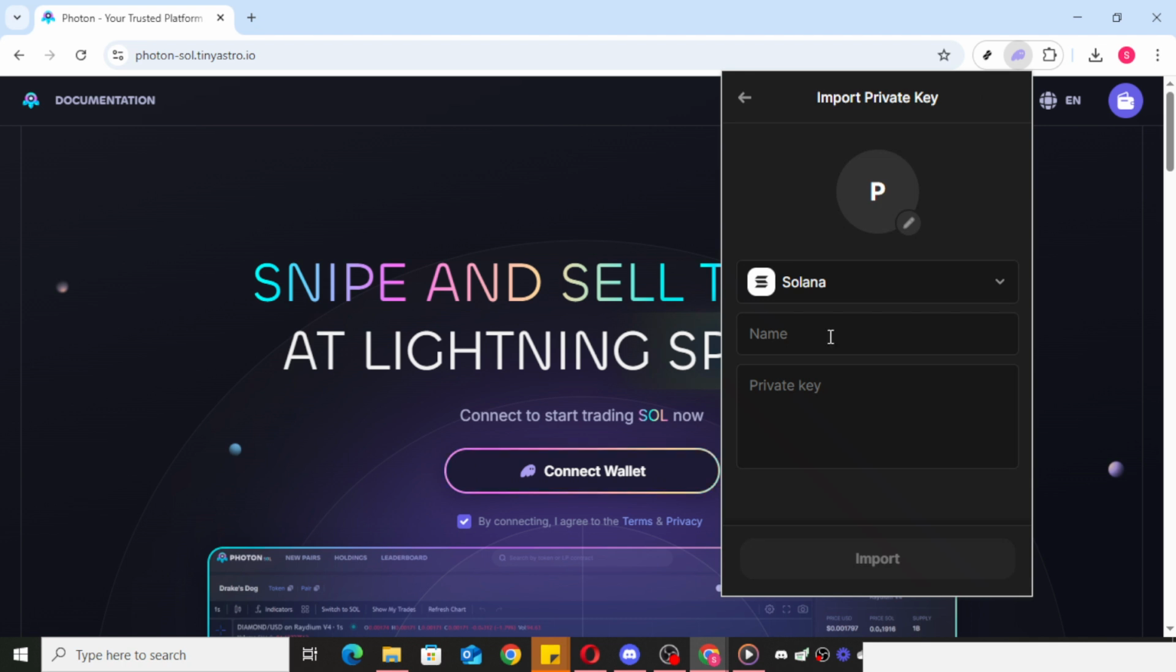There's also a space labeled Private Key. This is where you'll paste the private key you copied earlier from Photon. Once you've pasted the private key into the designated field,